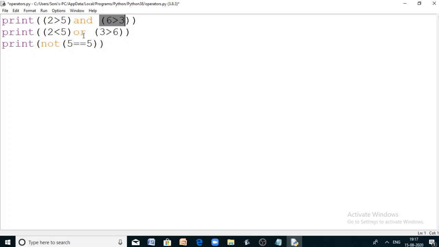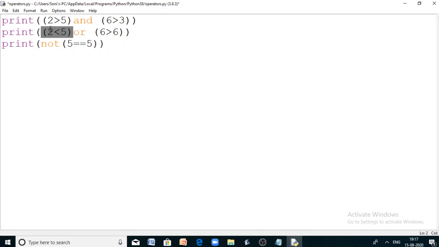And second, here if either of the conditions is true, the final result is true. Here the first one is true, the second one is false, so we got true here. Let me change the condition here also, right? For example, 6 is greater than 6. Is 6 greater than 6? No, 6 is not greater than 6. It's equal to 6, but it's not greater than 6. So here both the conditions are false.